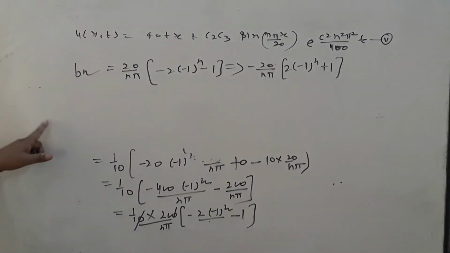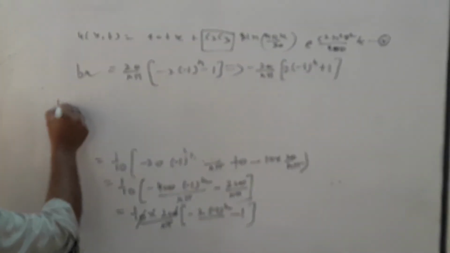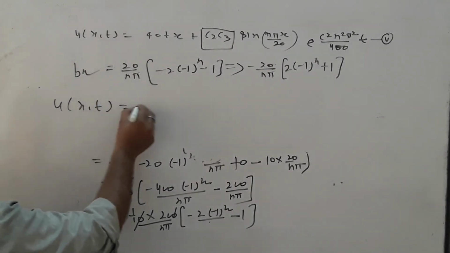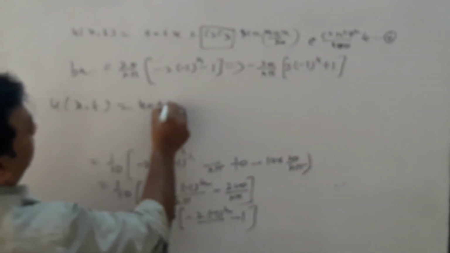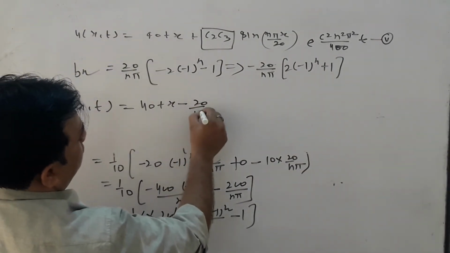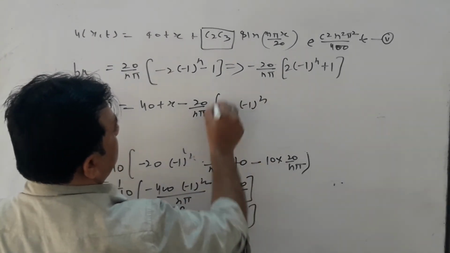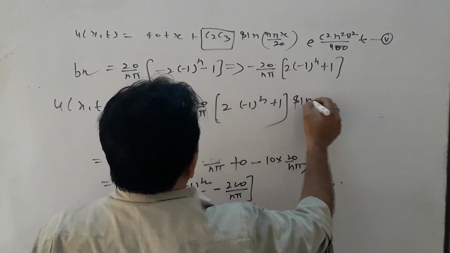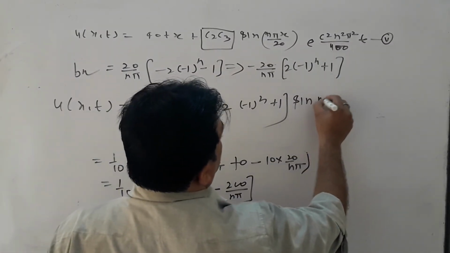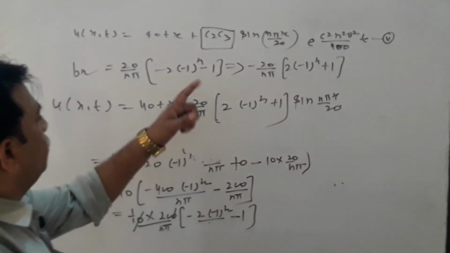This is the value of bn. You put the value of bn in place of this, so the solution is 40 plus x minus 20 upon n pi, 2 minus 1 to the power n plus 1, and sin n pi x over 20 into this value,